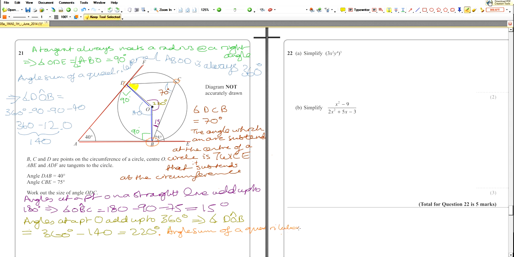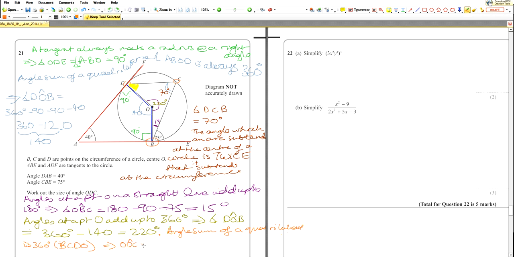Is 360. Which quadrilateral we're talking about? BCDO. BCDO, that's what I'm talking about. That's 360. Therefore, the angle that we're looking for, ODC,